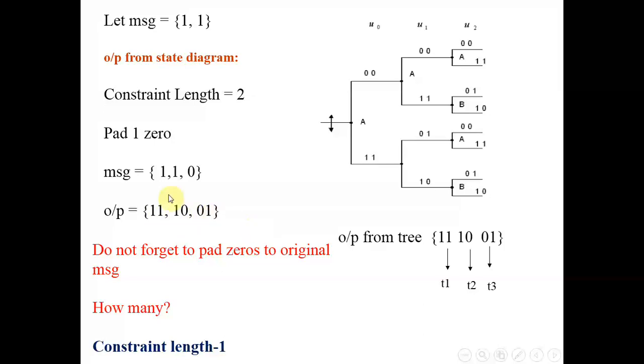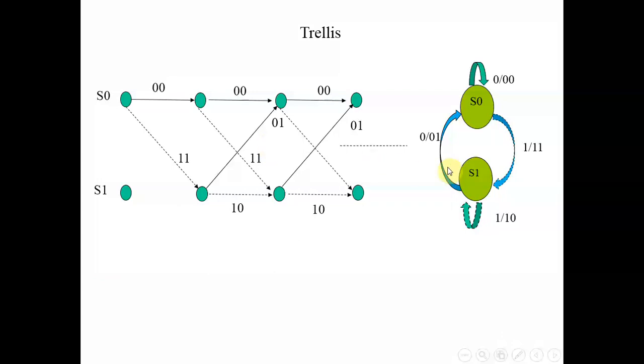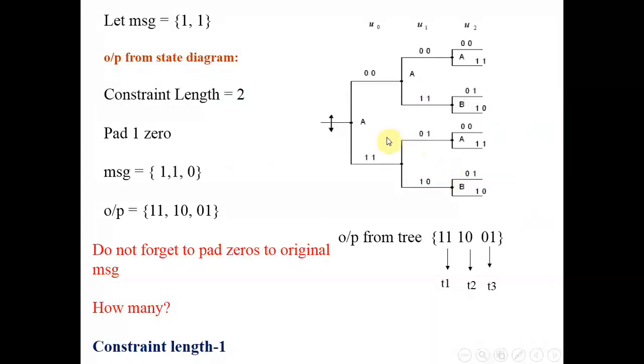Right? Now let's verify this output with the code tree concept. This is the tree representation of the given encoder. Now I receive the first 1. So 1 is the lower branch. So when I move in the lower branch, I reach this state, which is state B, or in our diagram the state could be S1. So you move to this point, and in the transition your output is 1 1.